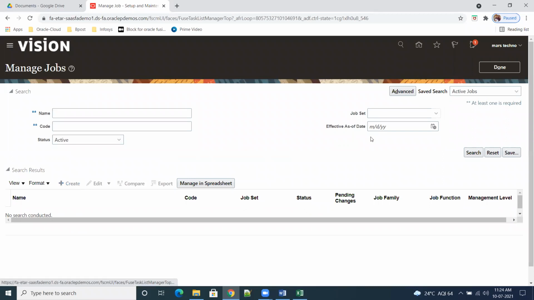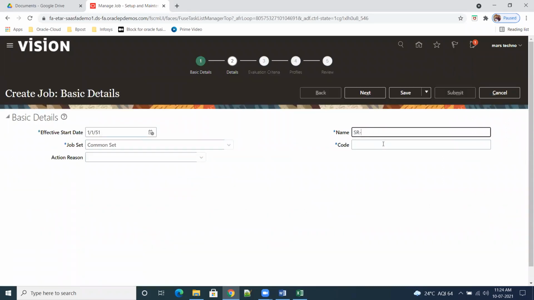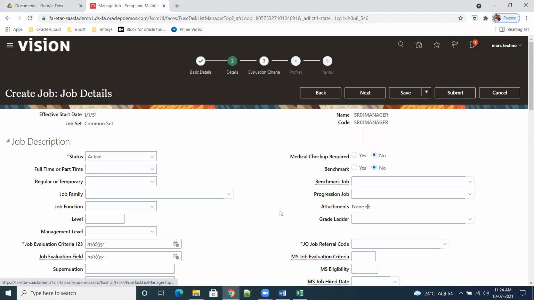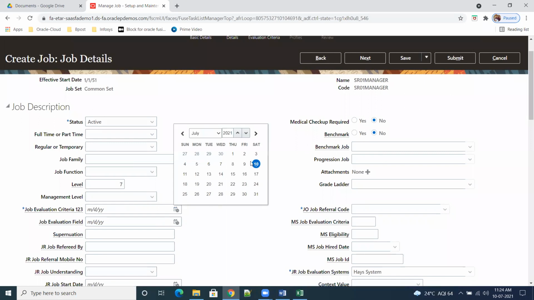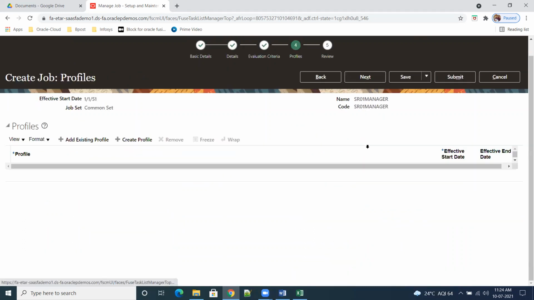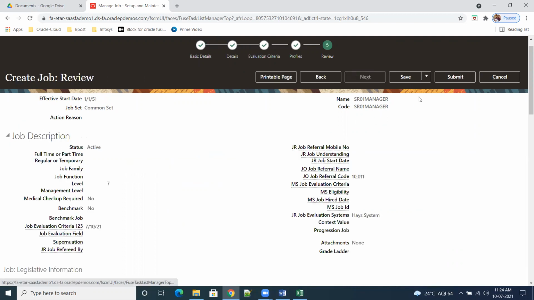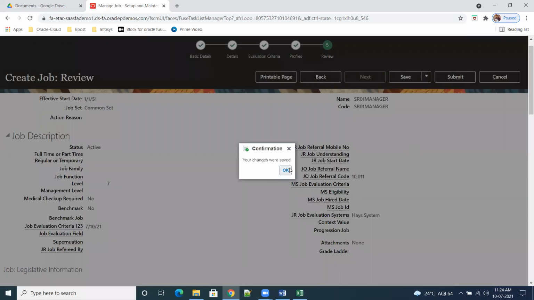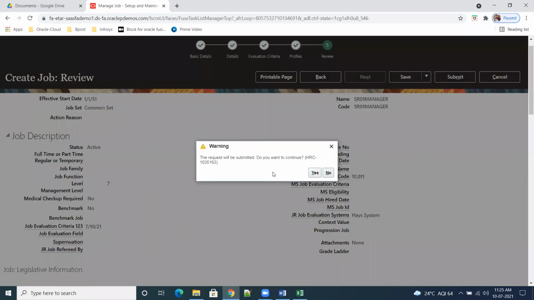Go to create again. SR01 manager. So level is 7. Referral code. Next, next, next. Save. And then submit. Okay. So this is the way to create the jobs.